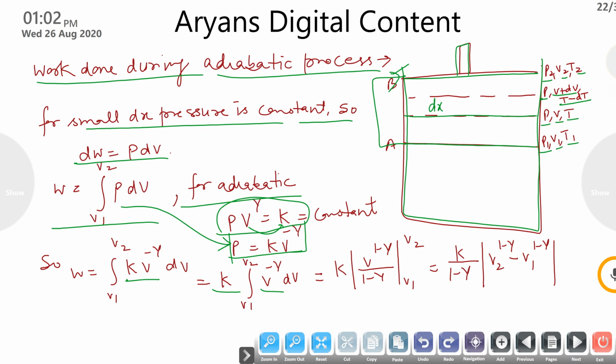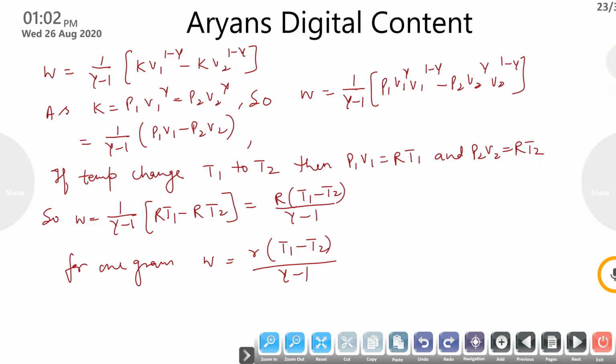Now I will take the integration of this, meaning we increase the power by 1 and divide by the increased power. So V^(1-gamma) divided by (1-gamma). 1-gamma is taken out because gamma is a constant. As gamma is always greater than 1, I have to exchange these values. So I will take a negative common from these two variables. So this is written as gamma minus 1, and this will be written as V1 minus V2. I have reversed these values: V1, V2 exchanged, and similarly 1-gamma is also exchanged.